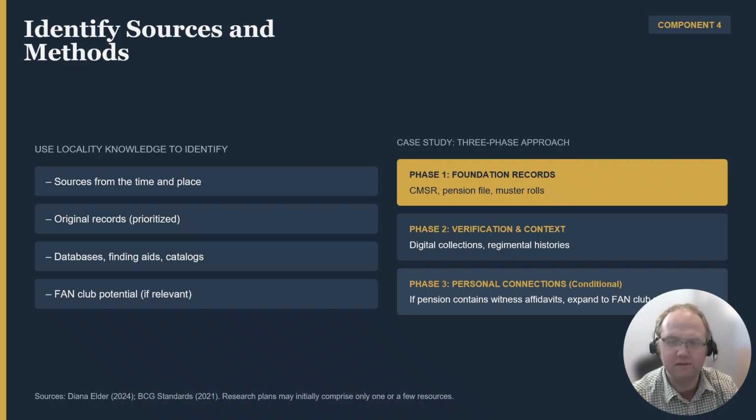This is following BCG's, the Board for the Certification of Genealogists, Standard 16. Plans may initially comprise only one or a few sources. You map out your next logical steps. Your research plan does not necessarily have to include an exhaustive bibliography